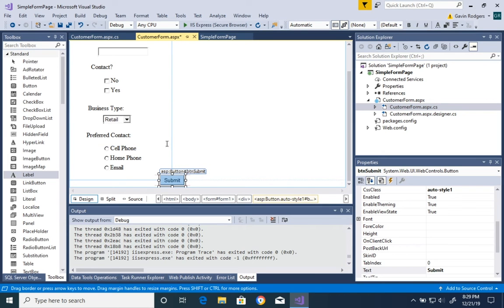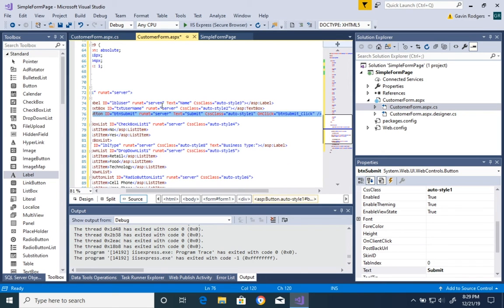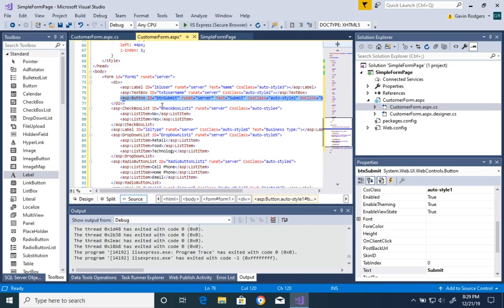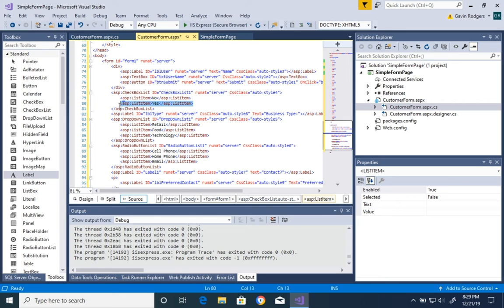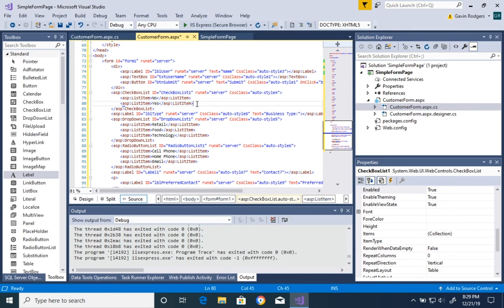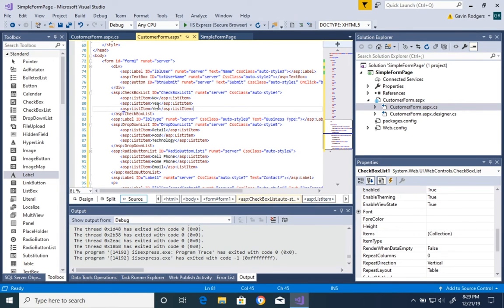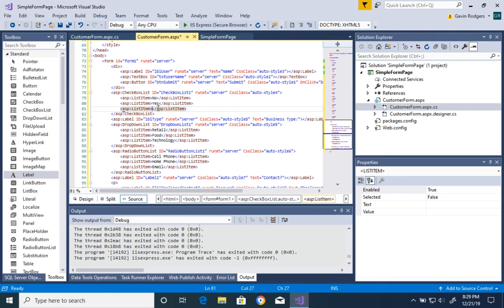Now I just want to show you what it looks like on the source end. And you can add them in. This is the other way of populating each and every one of those different types. You can populate the checkbox in here by simply copying and pasting another one of these lines. And if you know the syntax itself, you can just begin by typing this out as well. So maybe we'll throw maybe in there as an extra option. So you can see that